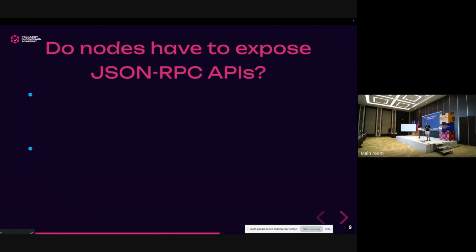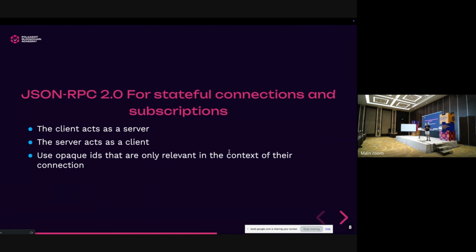Yeah. So what I was trying to explain is that that's why it's only in the context of their connection. By stateful, it implies that there is a long living connection that stays open, right? This connection doesn't have to be a network connection, by the way. It can be, for instance, when we talk with a light client in a different process inside the same computer, and we use RPC. But one of the properties that this connection must have is that the ordering of the messages must be guaranteed. In other words, if we are talking about a network connection, it has to be over some sort of